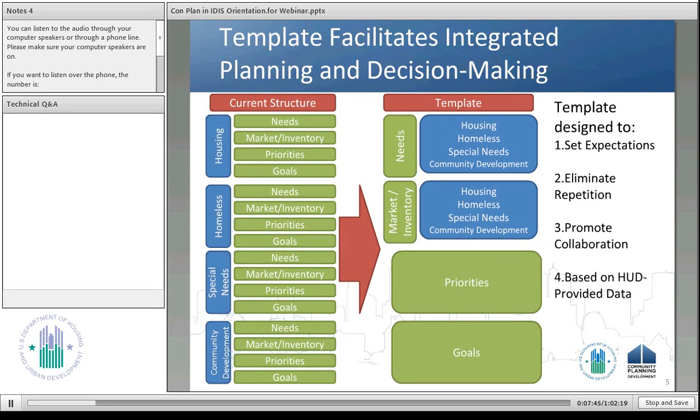The template in the Consolidated Plan, or in IDIS, is reorganized to be focused on the needs and the market inventory for those four issue areas together so that it's easier to assess relative priority and you end up with one set of goals. The template, therefore, is designed to set HUD's expectations, make it clear when those expectations have been met, eliminate repetition as much as possible, and promote collaboration across